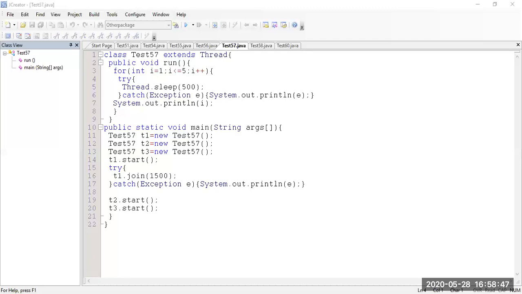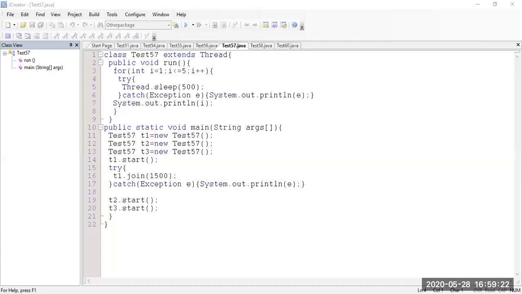So here, using this inter-thread communication mechanism, we can pause a running thread in its critical section for the time being, and we allow another thread to enter the same critical section to be executed. That's why this inter-thread communication is required,